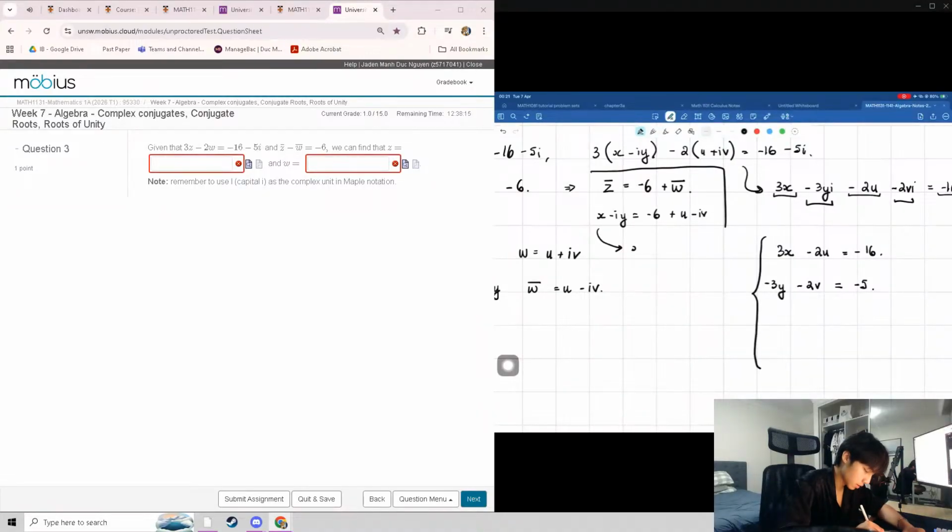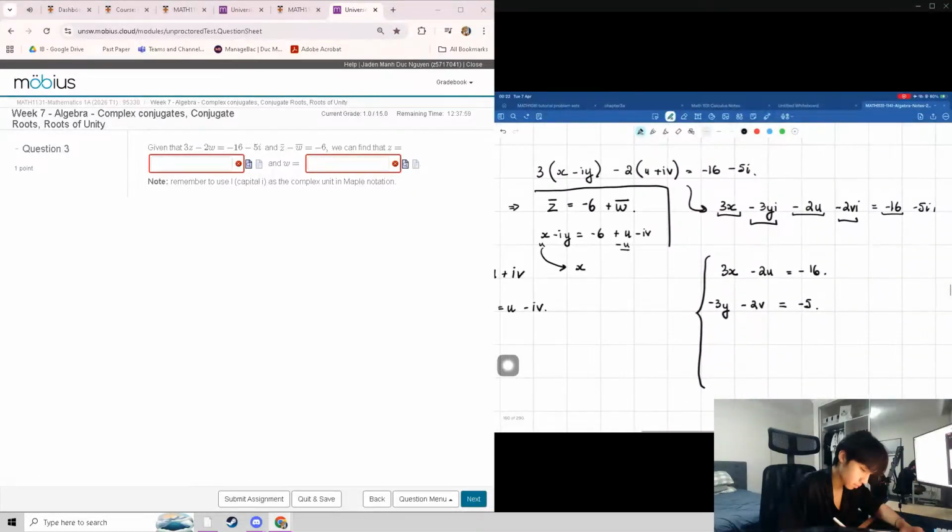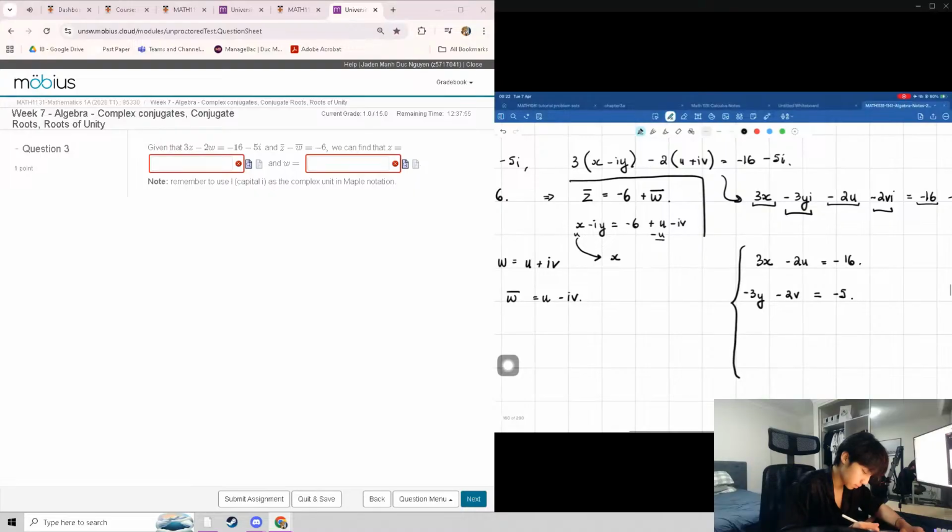We're going to get x, that's 1, sorry, I'm going to minus u onto this side because this is real part, right? Yeah. We're going to actually just bring everything to this side. So we get x minus u